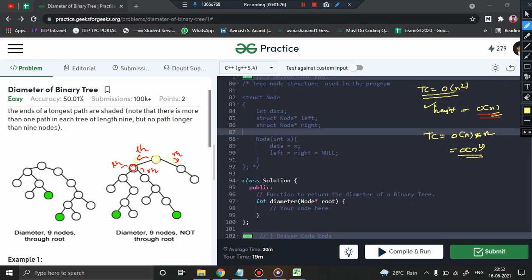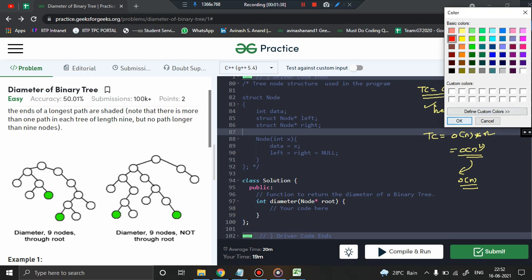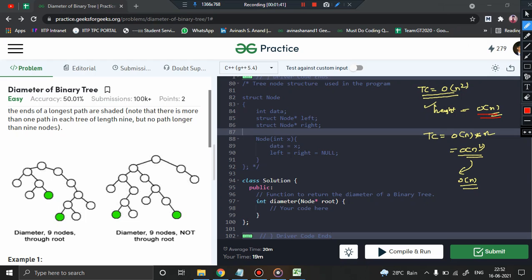In this video we are going to optimize it to an order n solution. How can we do so? Let us come up with a more optimized approach. Now if you pay attention to the problem, let me show you. The problem is to compute the diameter of a binary tree, and we also saw that there are two possibilities: we can have a diameter passing through the root node, right? Passing through this main root node, isn't it?